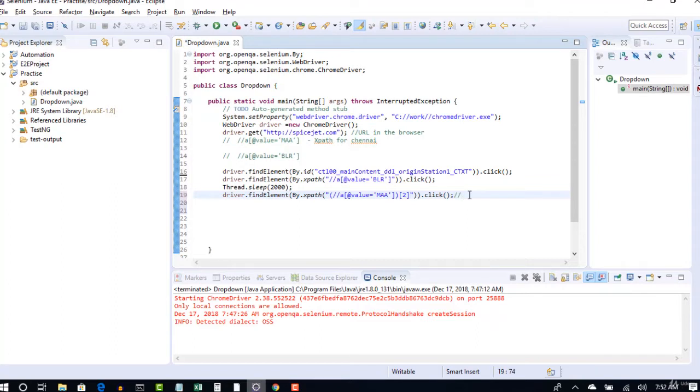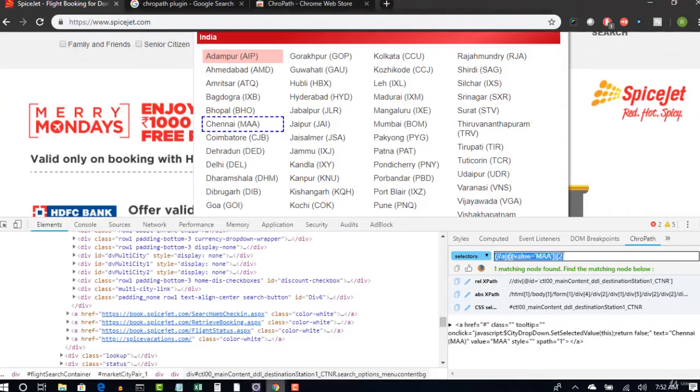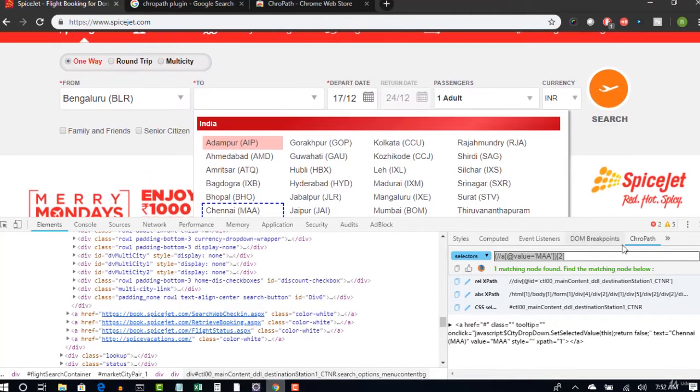So in this lecture, we will also see another way to handle this instead of hard coding with indexes. But this is allowed. I'm not sure why he felt so, but there are some people who really care about these indexes. Now, let's come back and try to see another way to handle this. I'll again open my Chrome browser. If you remove indexes, you will have a problem that it will select the first index, right?